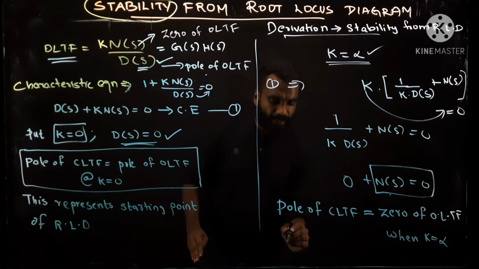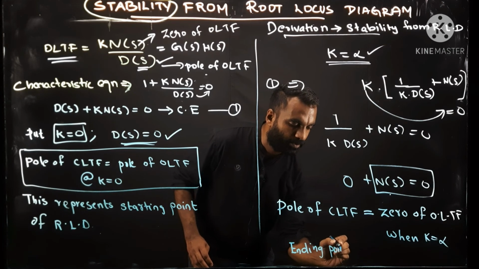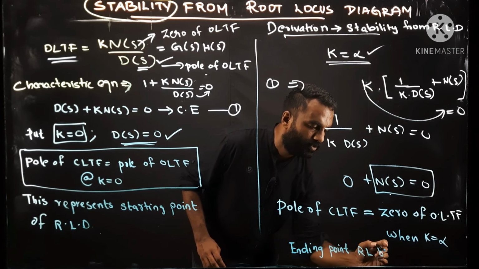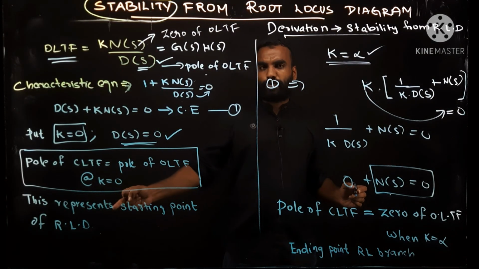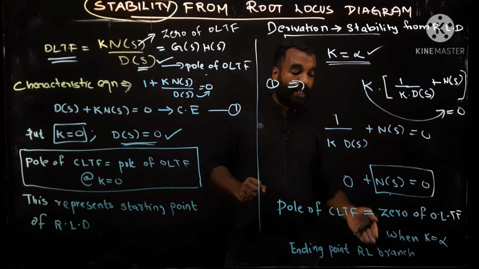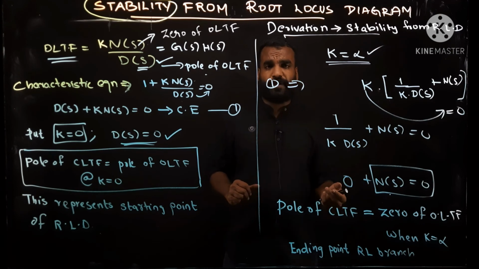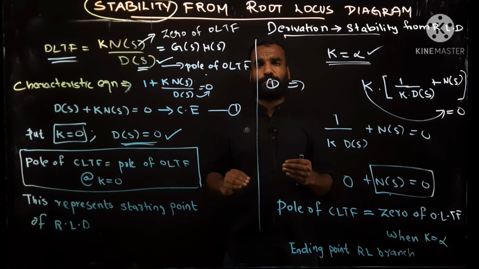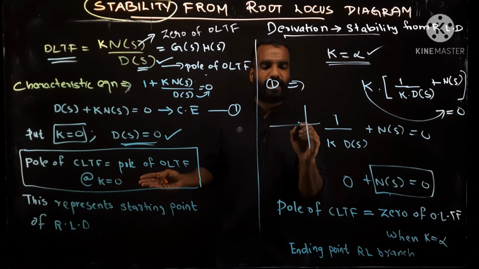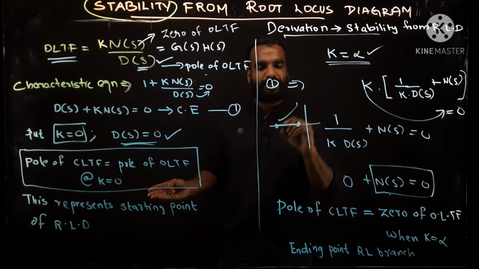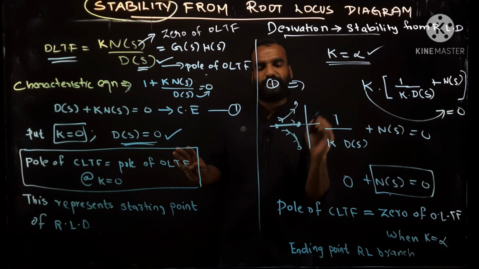This is the starting point and this is the ending point of the root locus branch. So the starting point is the pole of the closed loop transfer function at K equal to 0, and the ending point is the pole of the closed loop transfer function when K is equal to infinity. So both the points are poles of the closed loop transfer function. If both points lie in the left half side, or the entire root locus diagram lies in the left half side, like this, with starting point and ending point everything in the left half side, the root locus diagram